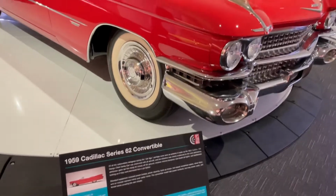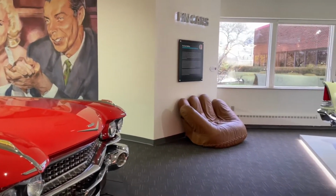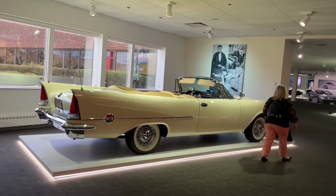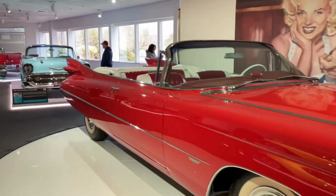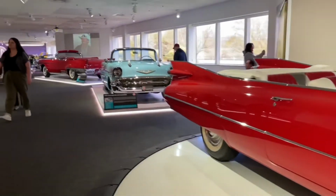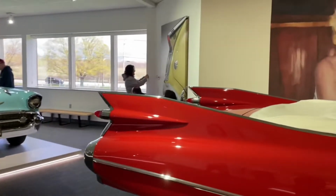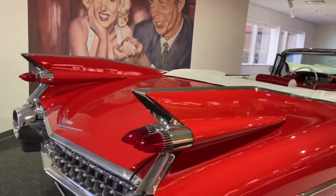What year is that Chrysler? The 300. It's got to be about the same year. 57? Yeah. 57 was the year of the fins. The fins, right. That's where they added these monstrosities back here. This was the only